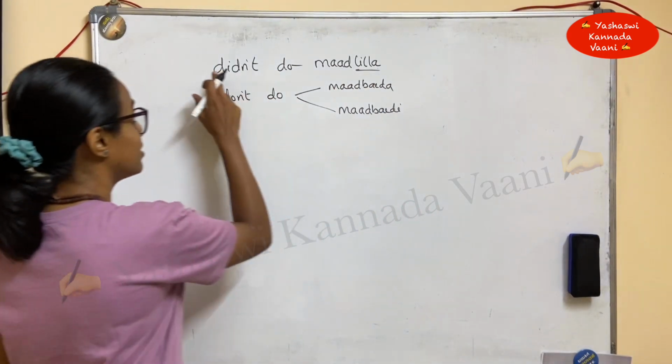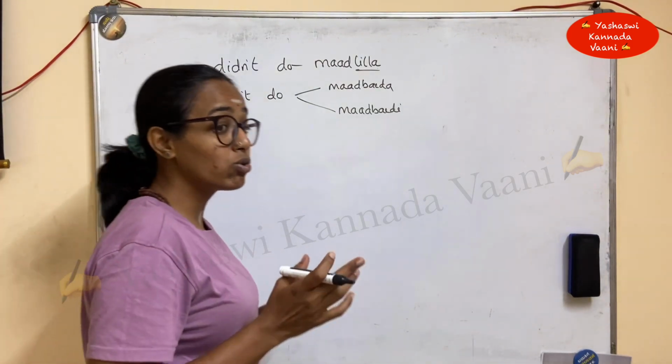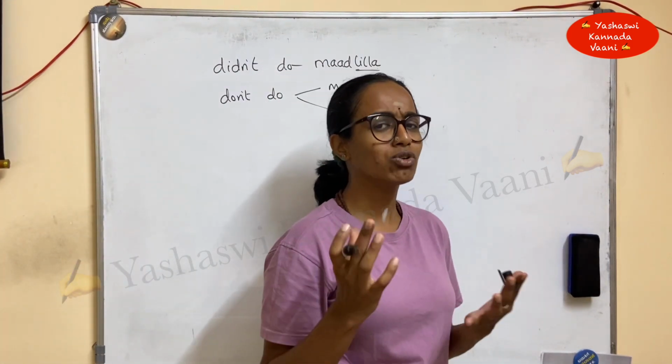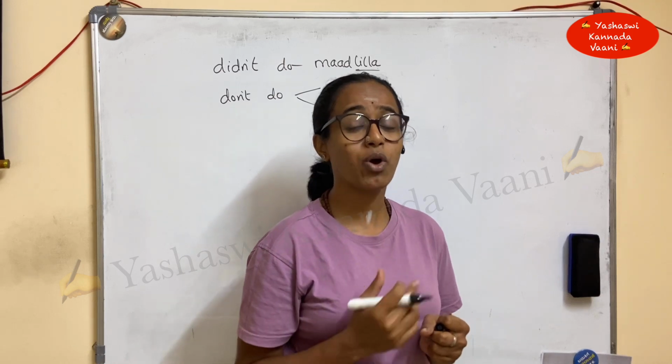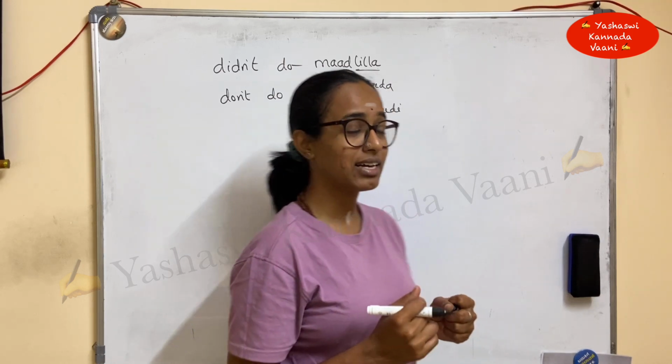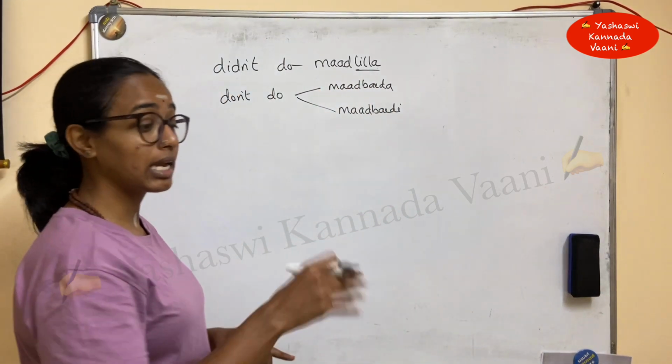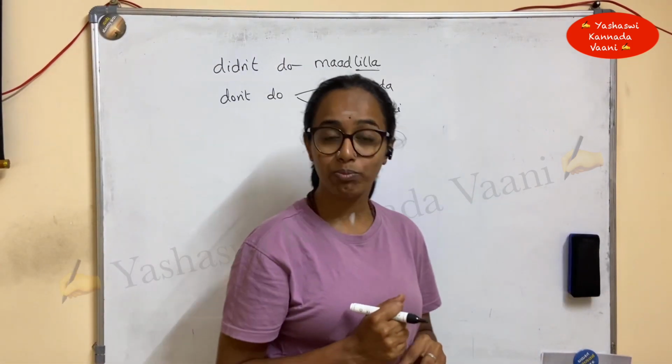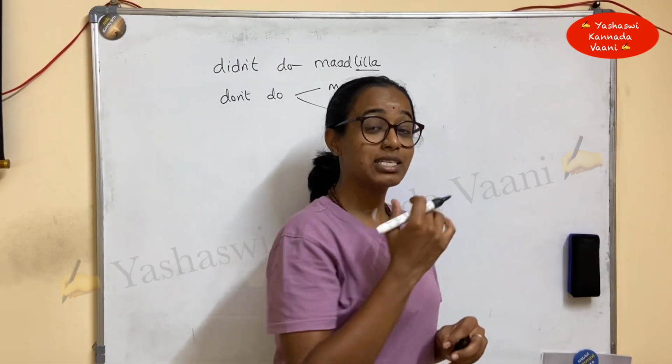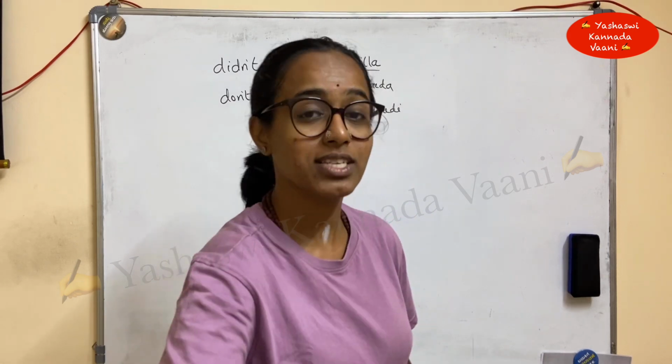Ivaga, if you observe, this is in past tense. I didn't do this. I didn't watch that movie. I didn't go there. I didn't come to your home. All these things are in past tense. Alva? And this one is don't do it. Immediately you are saying it to the person very next to you. So for the second person you have a conversation.